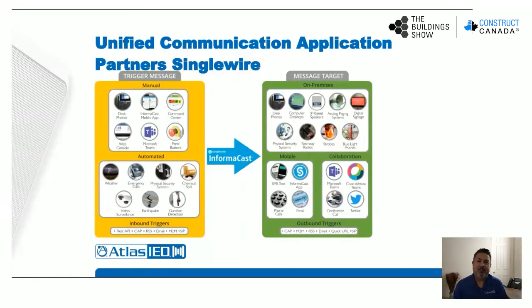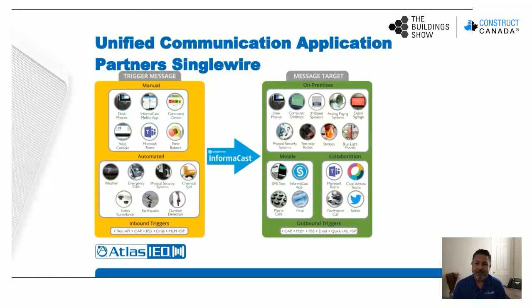And simply what happens is, anytime one of those triggers is activated, a predefined notification can be pushed to several different types of devices. Devices primarily on-premise could be, again, smart handsets on desks, digital signage, AtlasIED IP endpoints, analog systems can be part of it, walkie-talkie radios such as Motorola radios. Several devices on the campus can be used as a means to communicate to people or spaces.